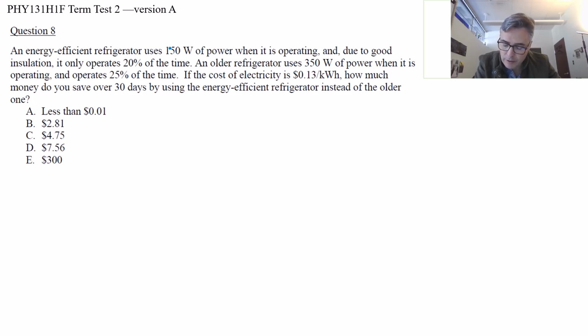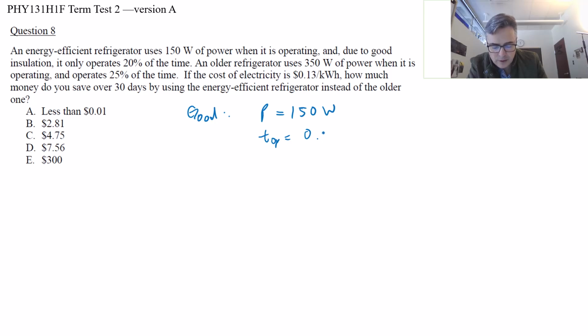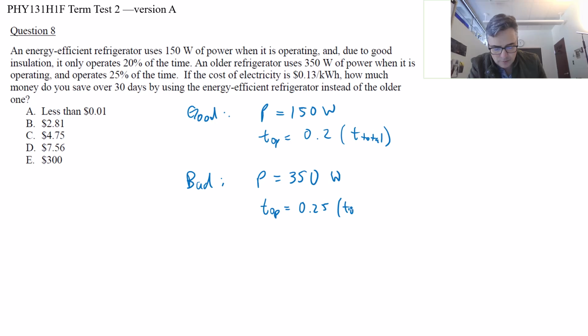An energy-efficient refrigerator uses 150 watts of power when it is operating due to good insulation. So the good one has power equal to 150 watts, and the time that it's operating is equal to 0.2 times t total of the day. The bad refrigerator has a power of 350 watts, and its t operating is equal to 0.25 times t total. And in each case, the rate that we're paying is equal to